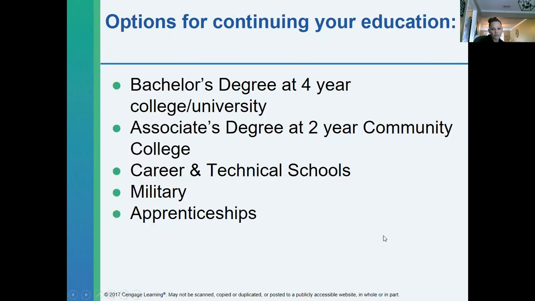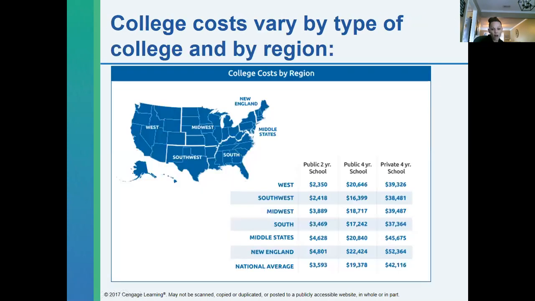You can see some of these areas cost more. The West is one of the lower ones. I guess it's kind of right there in the middle. The Middle States and New England cost more. But we know California tends to be higher than average, higher than most of the other states. California is clumped with all these other states in the West, and so ours tends to be above those averages. Just keep in mind, if you're thinking about going to college out of state, this gives you just a very, very vague picture.